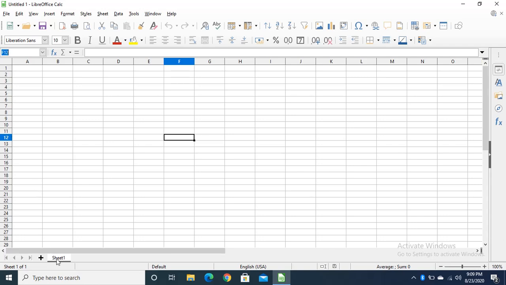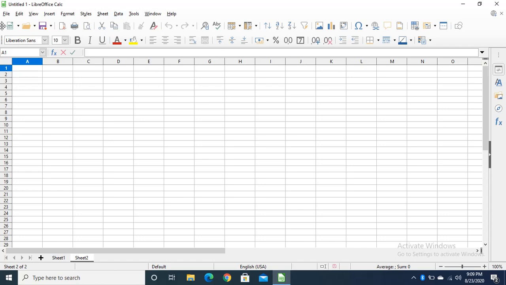Then these are names of sheets. Sheet 1, if I add one more sheet, then it will show sheet 2. These are navigation buttons, right? This is the title bar. It will show the title of your document. Then this is the menu bar, right? This is the formula bar, where we type formula.